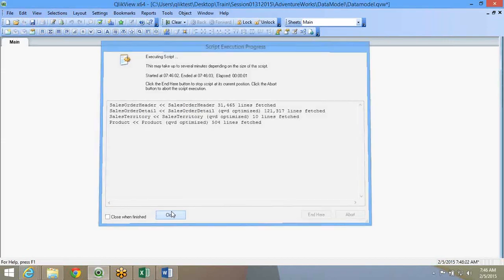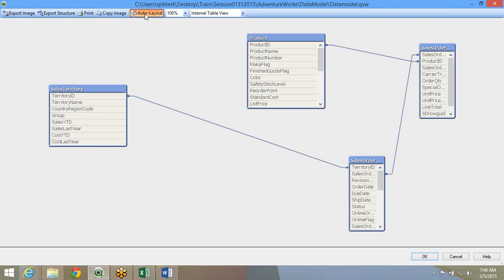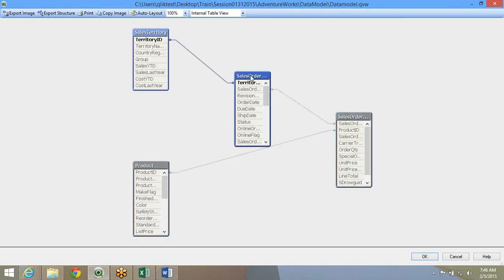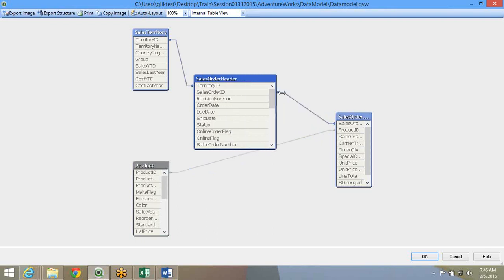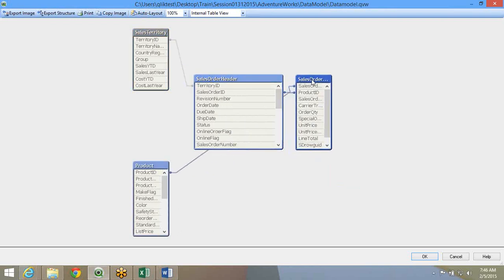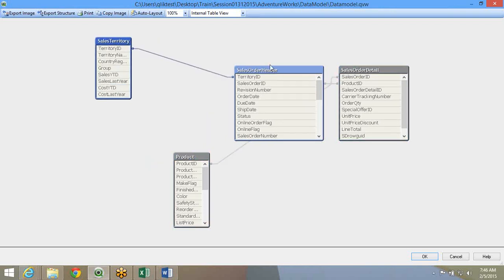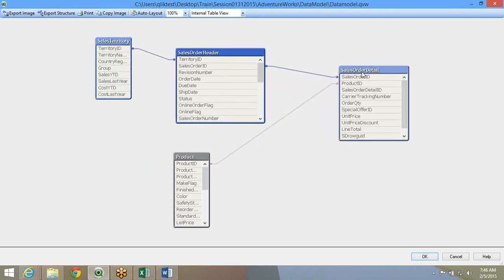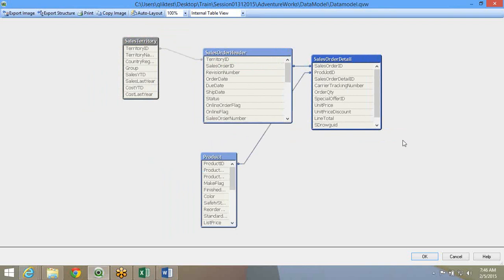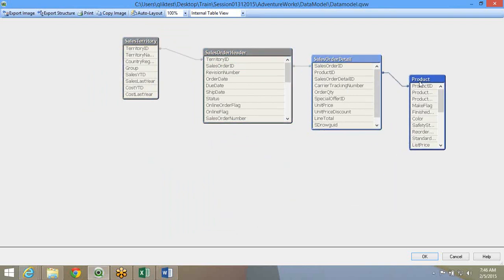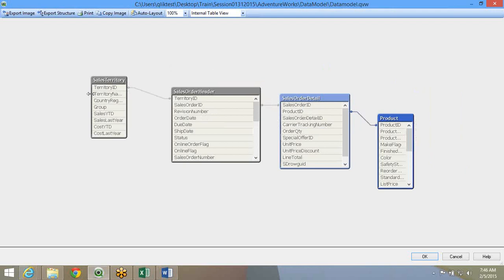Now there are no loops, there are no synthetic keys. Now if you look at it, my fact remains the sales order header, and technically both put together form the fact, but for now, because this is not causing me a lot of trouble, I've kept them separately. The product ID and the sales territory become the dimensions.